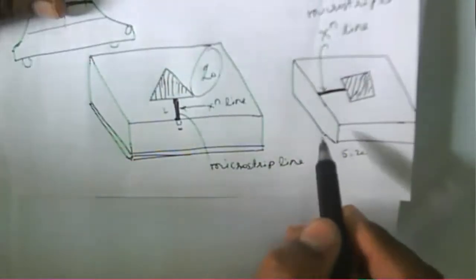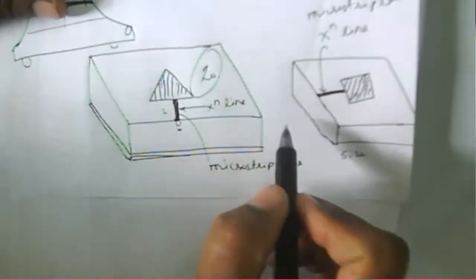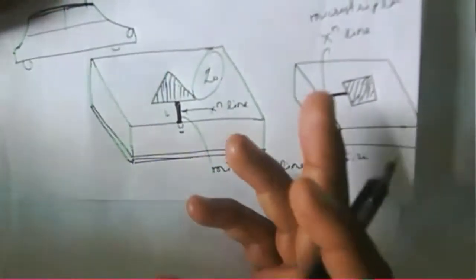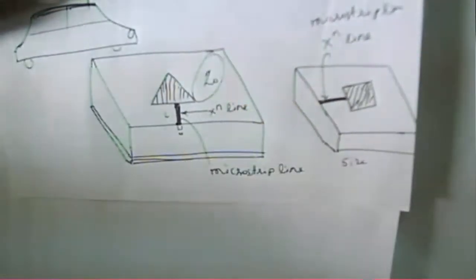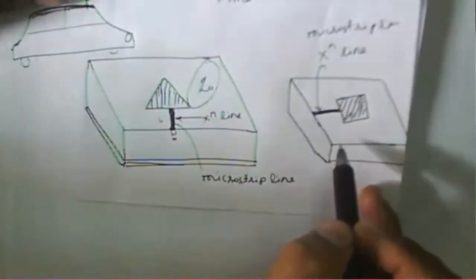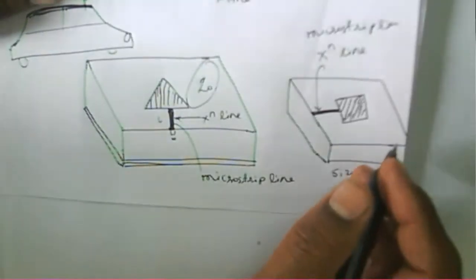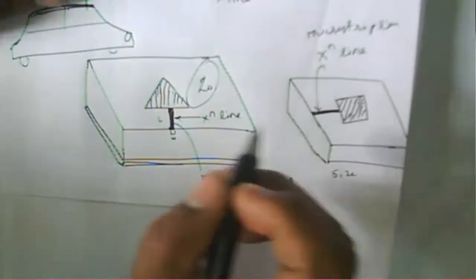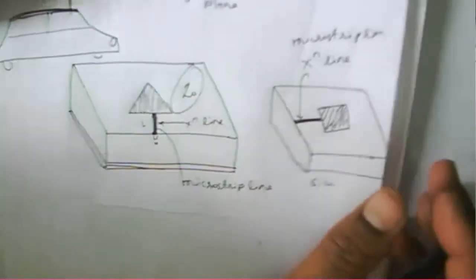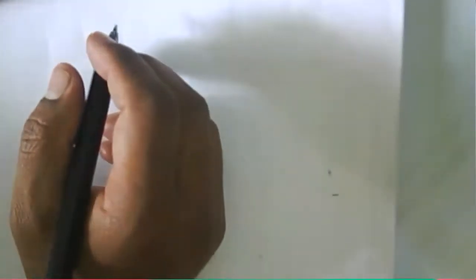So we can easily install it there, and the performance of the antenna is good because we can consider this antenna as a receiver in most of the cases. Since all these features are there, this type of antenna is called a low profile antenna. Because it is used on a spacecraft or whatever, we can say it is used in an aircraft and all. That's why this type of antenna is called a low profile antenna.